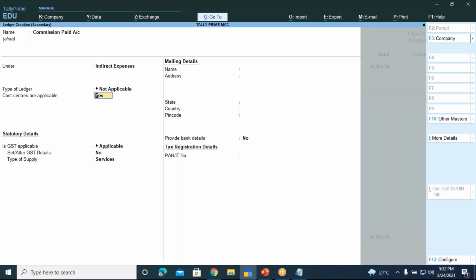So now what you have to do is, here it will be showing as no. Ultimately you have to make it as yes. On the configuration screen, Apply cost centers for ledger will be no. You have to activate it as yes. Once you come back to the ledger creation window, Cost centers are applicable will be showing as no. You have to make it as yes. So it is no to yes on the configuration, and in the ledger creation it is again no to yes. The same activation you have to do. Now once you activate the cost center,